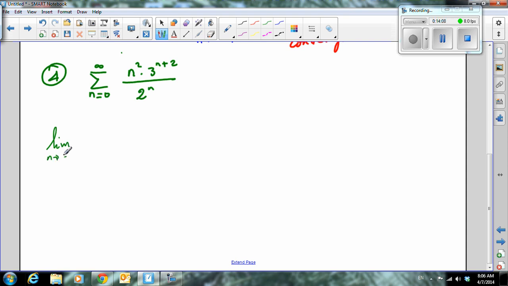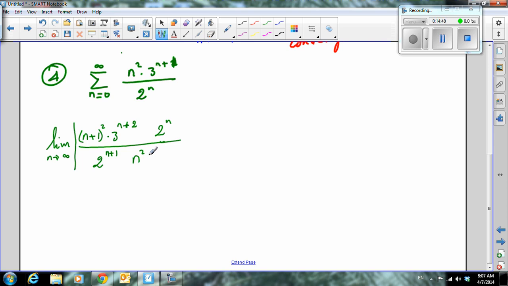The limit as n approaches infinity of, I put my big absolute value line, a_(n+1) would be n plus 1 squared times 3 to the power of n plus 1 plus 2, over 2 to the power of n plus 1. Keep, change, flip, the other one will just be 2 to the power of n on top over n squared